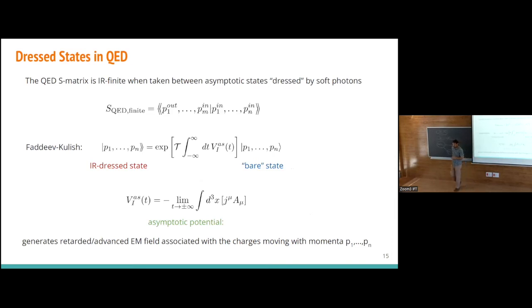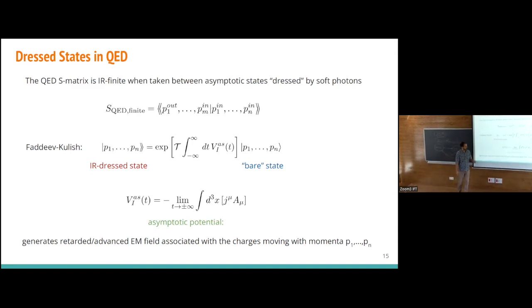Essentially, you might remember from quantum mechanics that we could have the Schrodinger picture where all the time dependence is in the quantum states and the operators are time independent, or the Heisenberg picture where the states are fixed and the time dependence is in the operators. And then we have the interaction picture in which we rotate just the H naught into the time dependence of the quantum states.